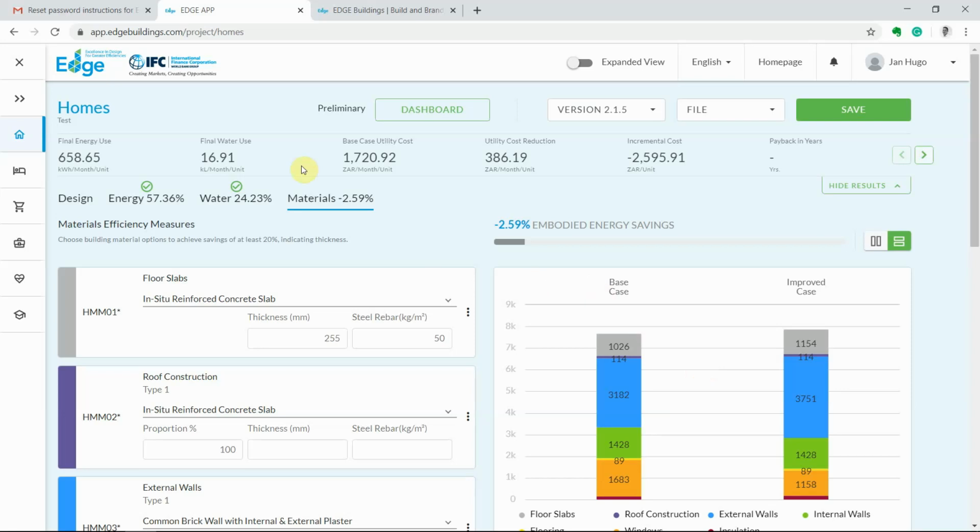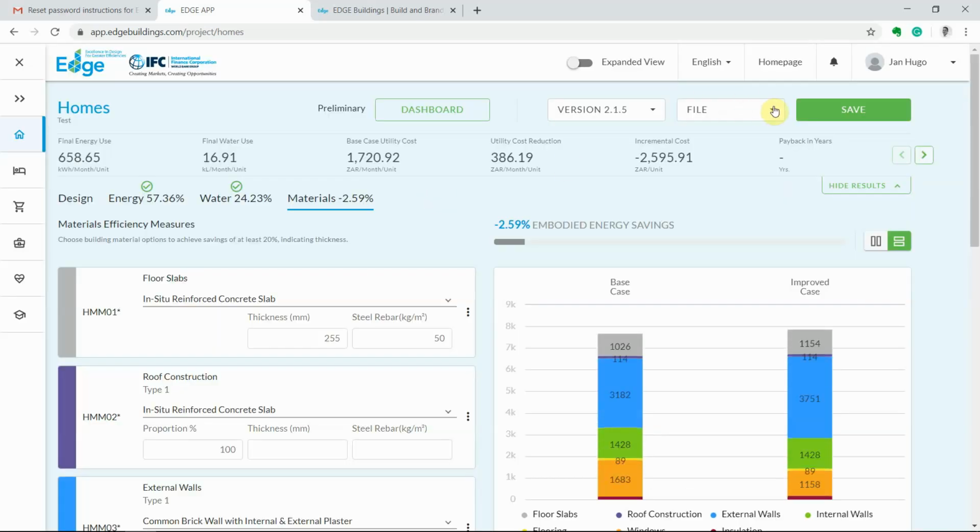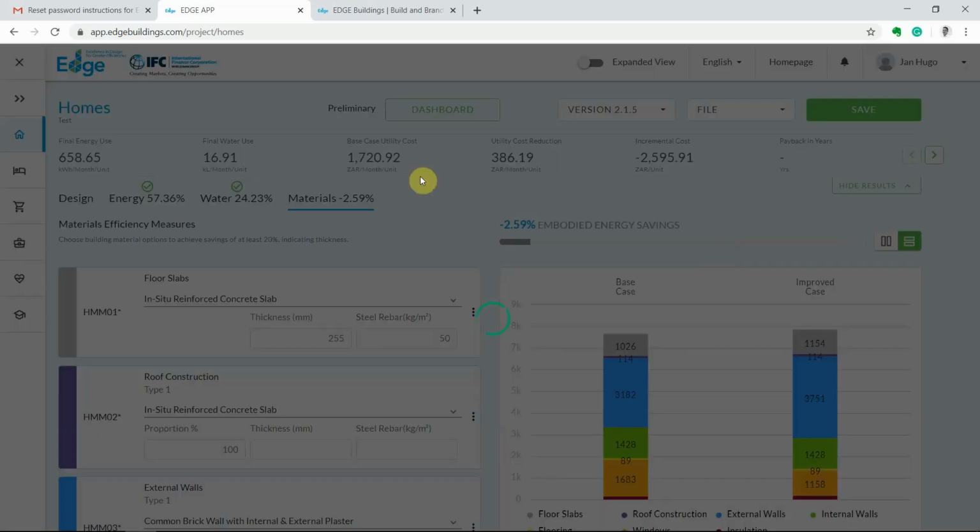Okay, so you might have now gone through this whole process of designing a project, choosing certain strategies. You now have an overall energy consumption that's available. What do you do now? Is the question. What you can do, and you'll see it's updating again, you can use the EDGE assessment. You can click on it,